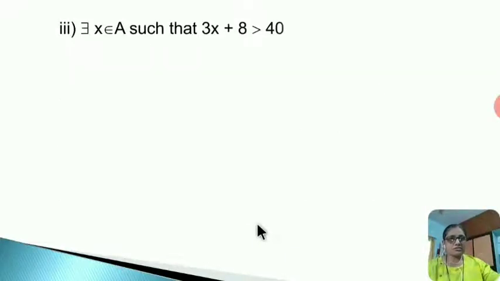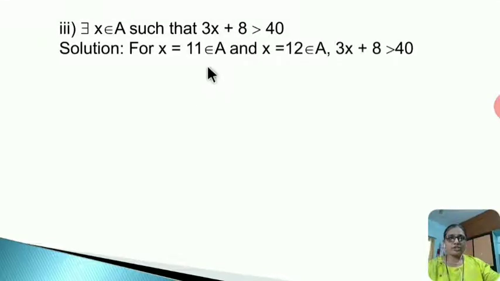Now the third example is, for all x belongs to A, there exists x belongs to A such that 3x plus 8 is greater than 40. म्हणजे A ह्या सेट मध्ये एक तरी एलिमेंट असा आहे की तो एलिमेंट हे इक्वेशन सॅटिस्फाय करणार. मग आता A मध्ये कोणते एलिमेंट्स आहेत ते आपल्याला दिलेलं आहे. Now here we observe that for x is equal to 11 and x is equal to 12 in the set